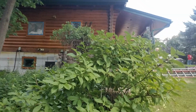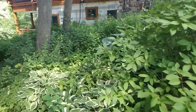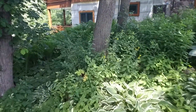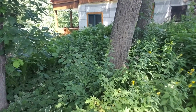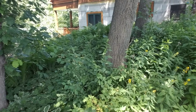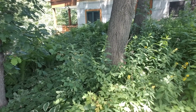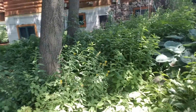it's a beautiful log home on a really steep sloping lot. The deck you see in the back of the house, the floor of that deck is level with the basement floor, which tells you how much slope we have here. And anyhow,